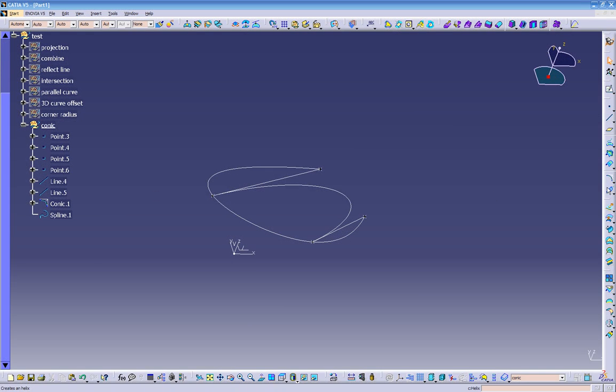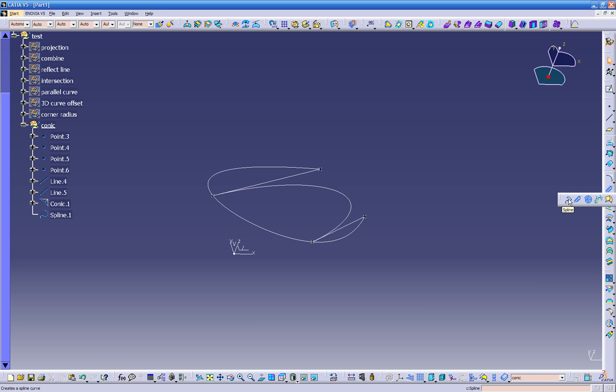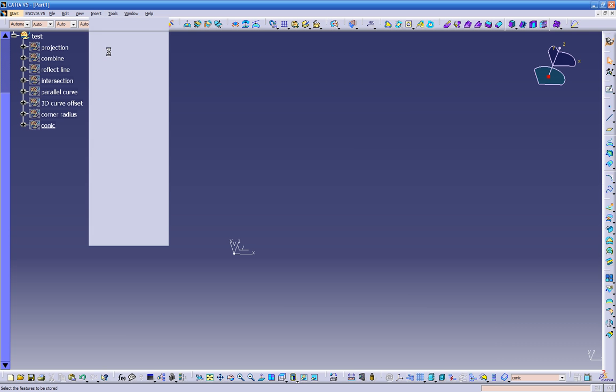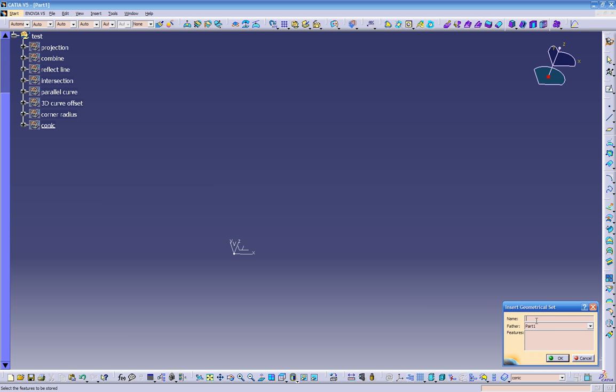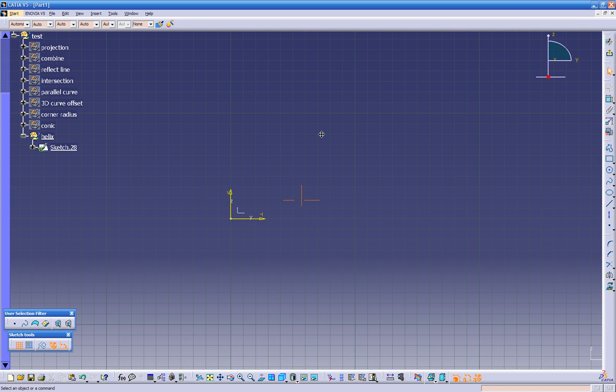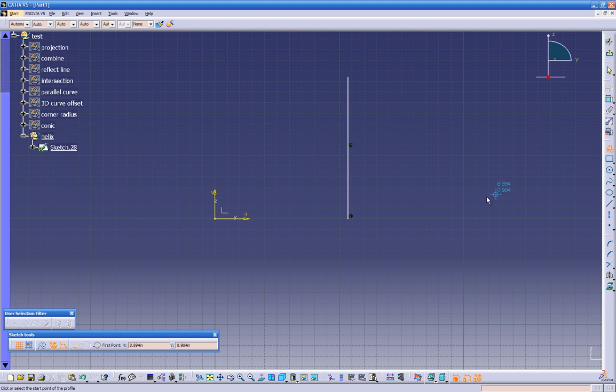Next is our helix. Okay, so let's pull up helix. It's going to be our next option. So let's turn this off. Let's insert another geometrical set. Helix. Let's insert it into our test. Let's make another sketch on the ZY plane. I'm going to create a line. Then I'm going to create a